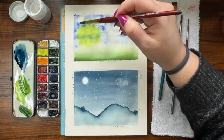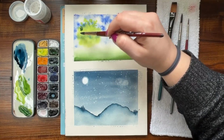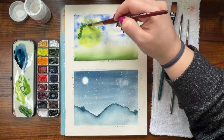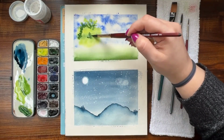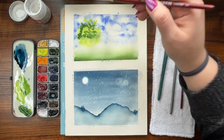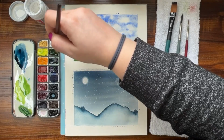So now I'm going to go over the tree and I'm just going to add some more depth with whatever direction I kind of want to go. Looking for shadows. I'm not, again, making it super complicated. I'm just going to add some extra color to the tree so that it's definitely got more than just one color of green, because no tree has exactly one color of green. And I'm going to try to leave some white space